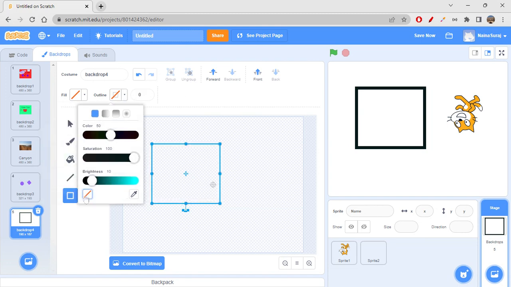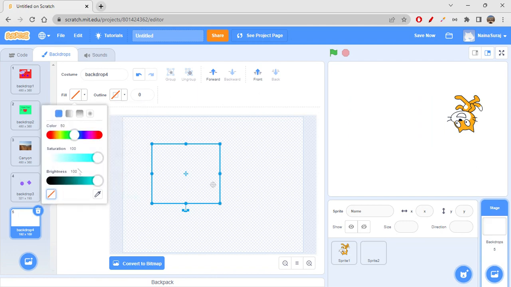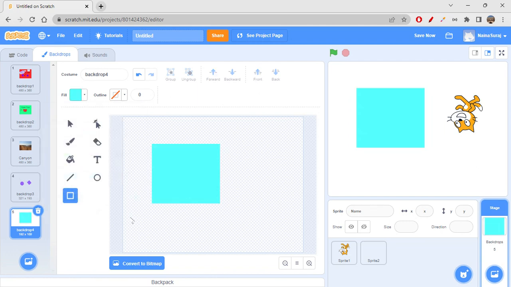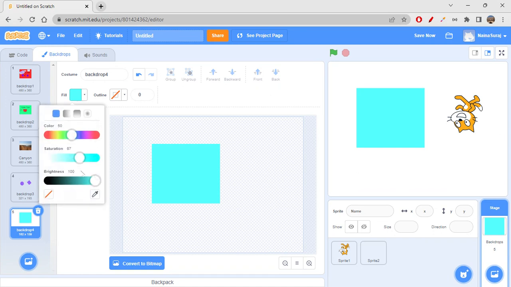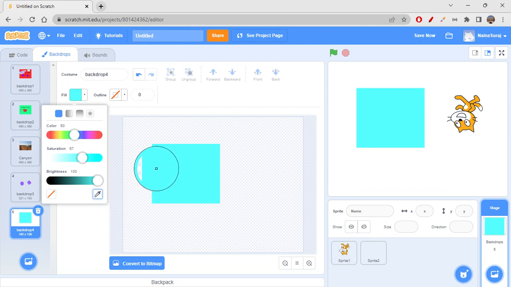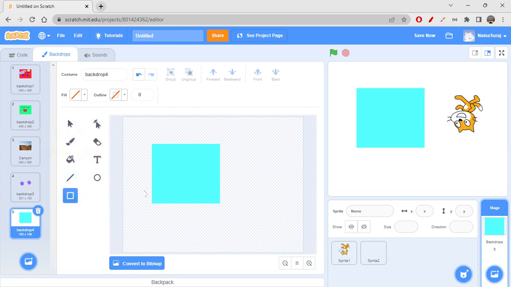Let's say you don't want outline itself, you can remove that also. Okay, if you want to fill it, you can again fill it with any color possible, likewise. So you can do this like this. And not only that, if you want to pick a color from the screen, let's say, right? So I'm just clicking on this color picker tool. If you want to pick any color from here, right, you can absolutely pick it, and then you can use that, right?